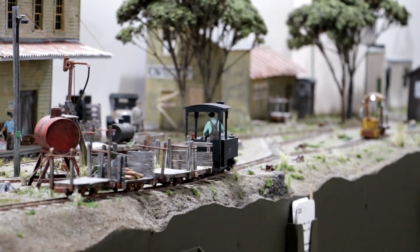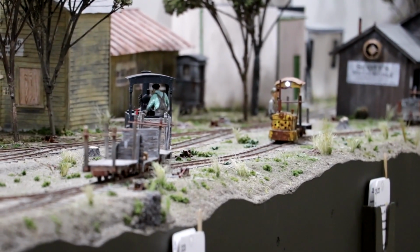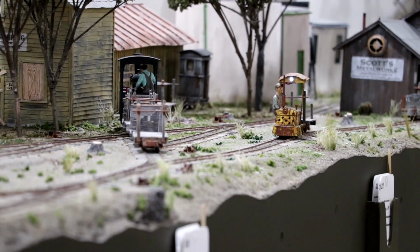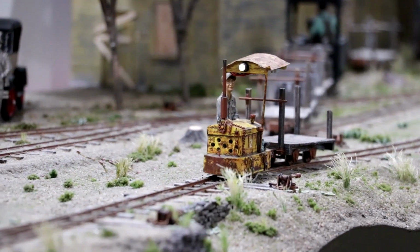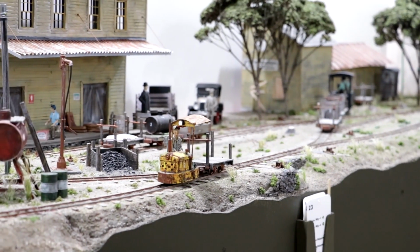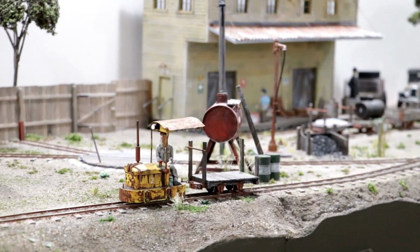All these things are handmade, of course, and these cars are made out of some purchased HO wheels and the areas that they clip into to mount them to the bottom of the cars. Sometimes he has a cast bottom piece that he just decorates. For this engine here, that bottom part of it is all balsa wood. The engine cover is cardstock, along with the cab roof over the top of it, and a couple metal posts that hold it all up are electrically